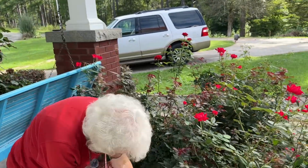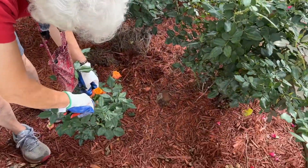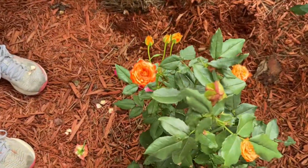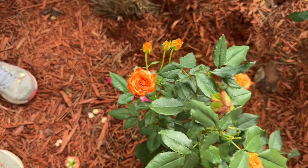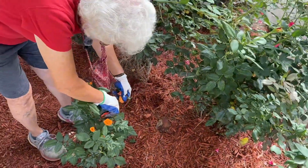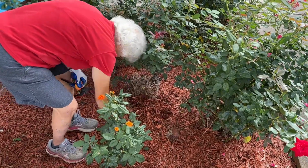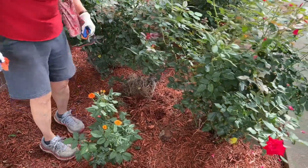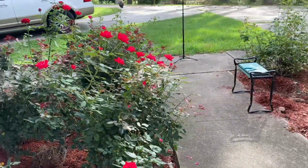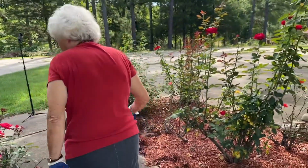They're just huge. And this is a new little rose that he bought at Walmart. It's the tiniest little blooms, but look, they're like a little firecracker. Aren't they cute? A little orange rose. I've never seen one like it before. And it's so glossy green. It's very sturdy, isn't it? From Walmart now. Yeah, it looks very sturdy. I think it was around Valentine's Day. He bought me 3. He bought me that one,